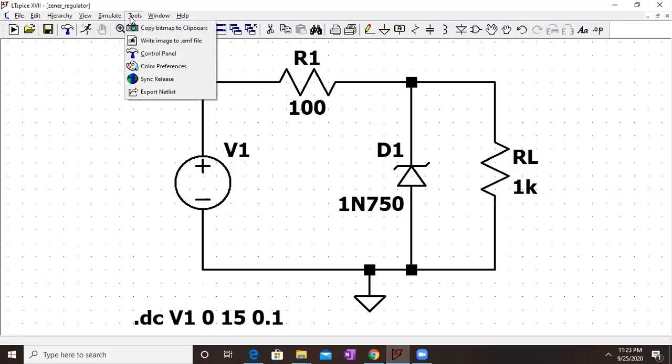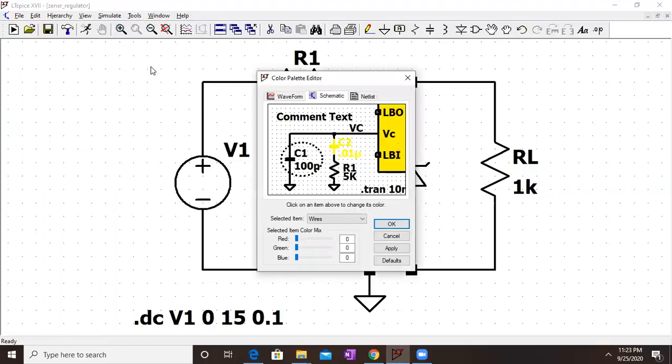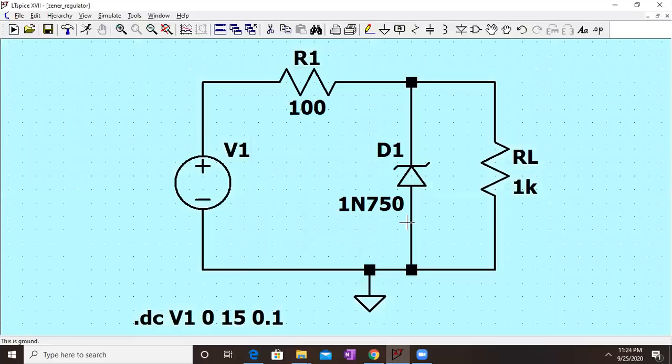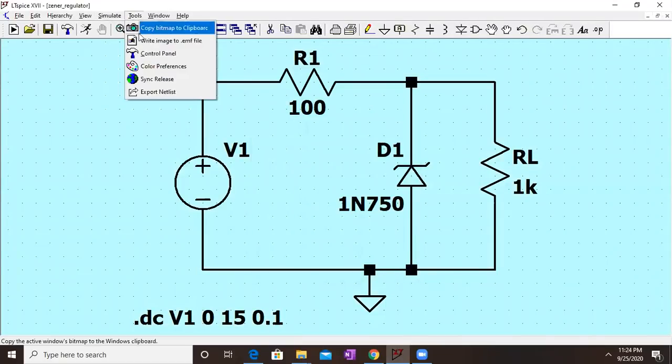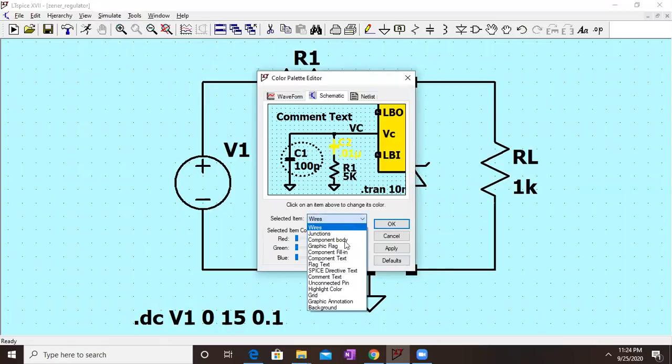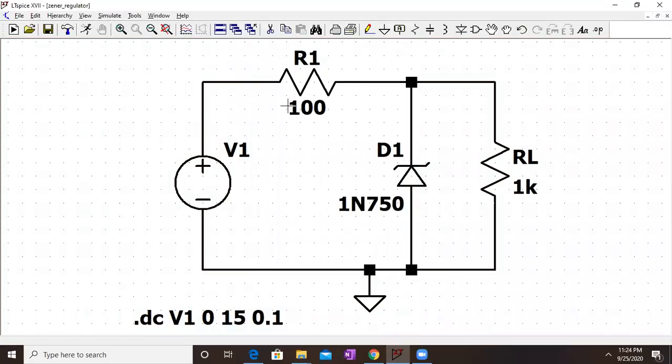So what you need to do is go to Tools, Color Preferences, Schematic, and in the schematic, go to Background. Now set the RGB to 255, so that will be easier. If I don't select 255, my background will be some color like this. So we want uniformity. Do it as per the requirement that the background should be at least white. Here I have applied it. The other things, it's fine if it is blue, not a problem. The wires and everything will be as it is. But if you want to make it black, you can also make it black.